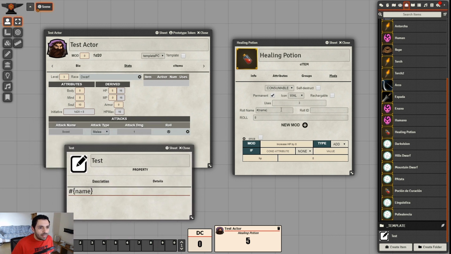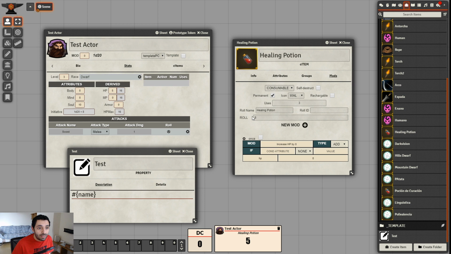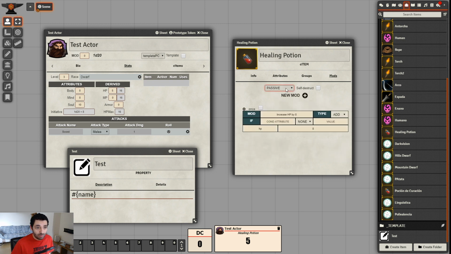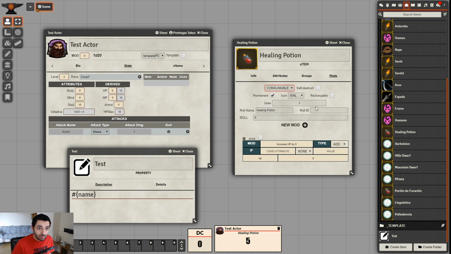So now imagine we have a C item called healing potion, which is a consumable, and as you know, consumables and activation C items let you roll after you click an icon. If it was passive, we wouldn't be able to do anything, but consumable allows you to roll it in a special way. For example, when I drag it here, it creates this vial, as you saw in tutorial number 2, and if we click it, it will